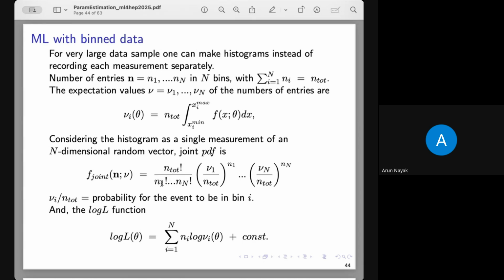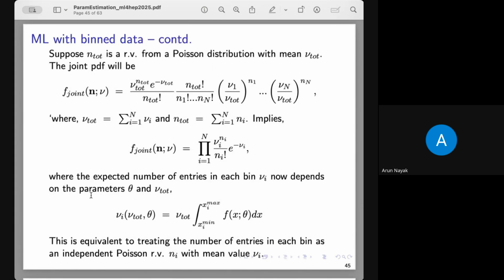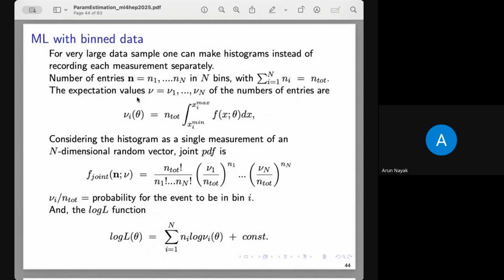Now in this case we kept the n total to be constant. One thing that I also wanted to mention here is that the term that you see here is also used